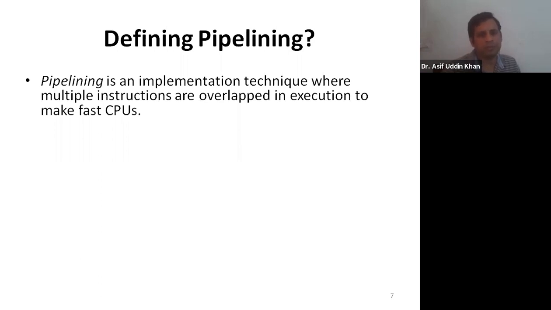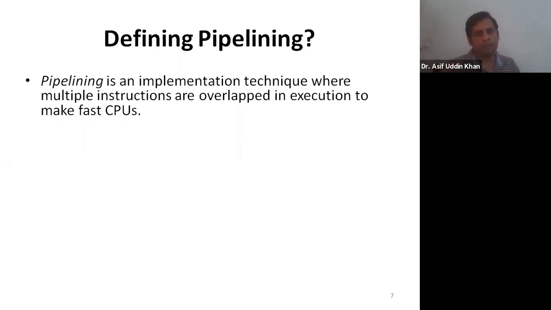So how to make the CPU faster? If the CPU requires less time to complete the execution of the program, then the CPU will become faster. So the main objective here is to reduce the number of clock cycles. If you reduce the number of clock cycles required by a program, then the CPU will become faster. We saw in the previous slide that to complete execution of three instructions, we require 15 clock cycles. Now, how can we reduce the number of clock cycles?